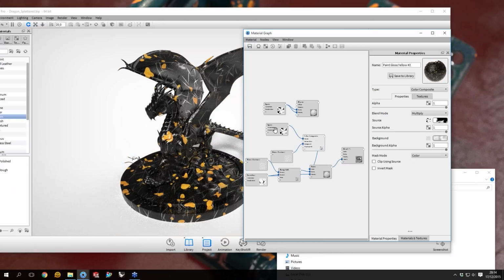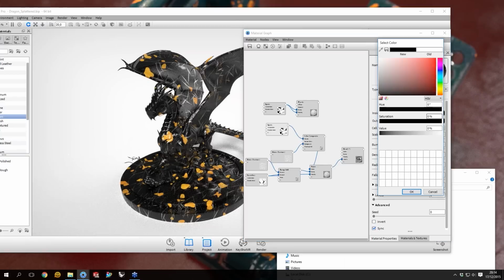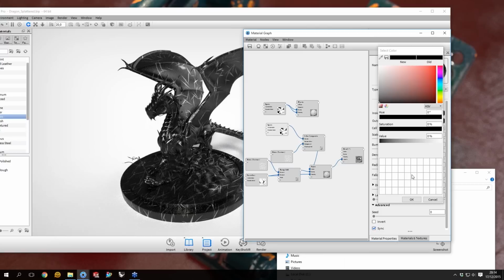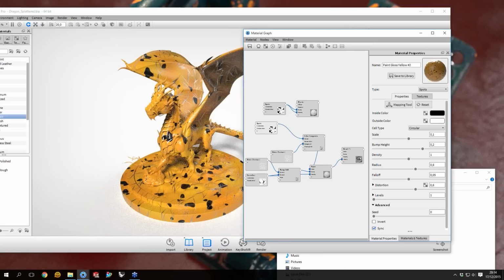Yeah, I have to invert it. So I could have done this instead of having two labels, but